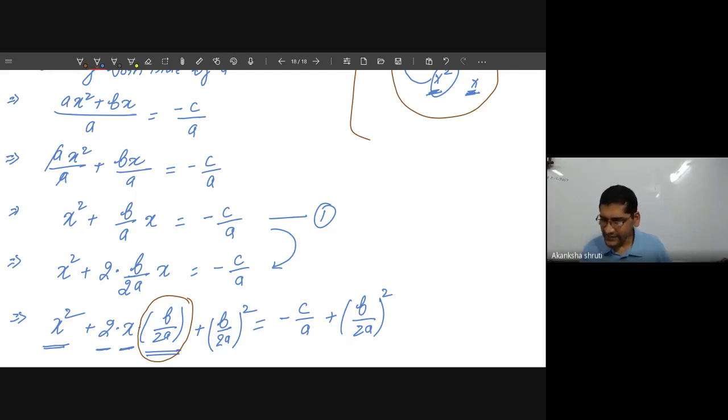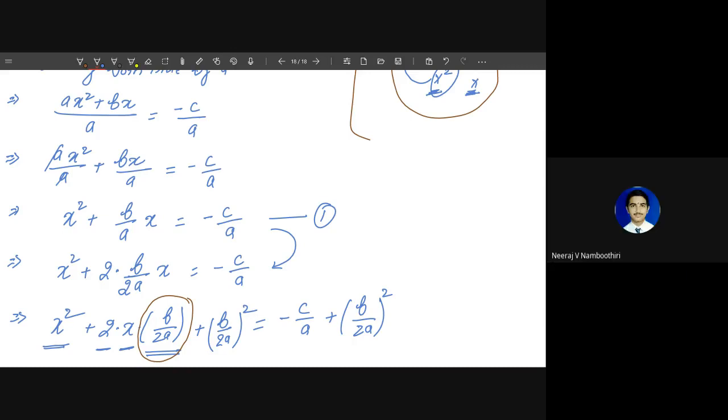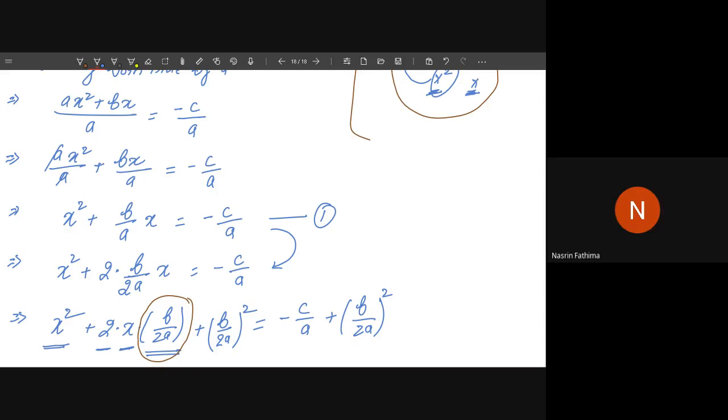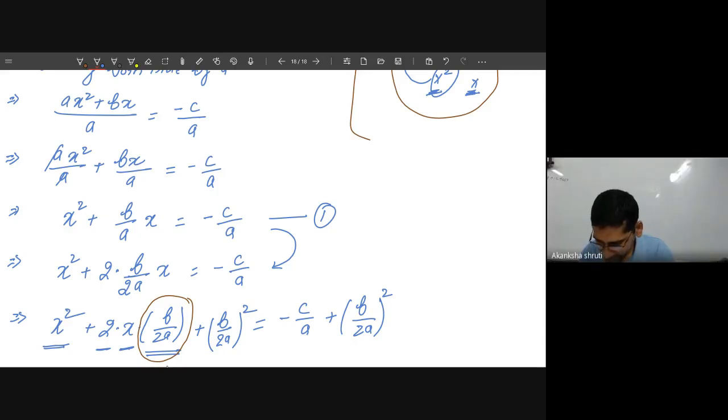Why is it added? To convert the left hand side in the form of a plus b whole square formula, so that x will get concentrated at a single point, okay, that is the ultimate purpose. नीरज, समझ में आ रहा है क्या आपको? Yes, sir. ओके गुड। हाँ गर्ल्स को समझ में आ रहा है क्या? लक्ष्मी, Yes, sir. आपको समझ में आया हमने क्या किया है?